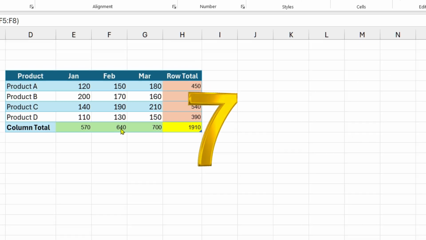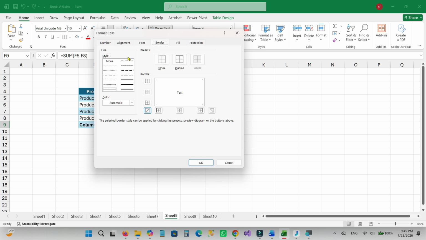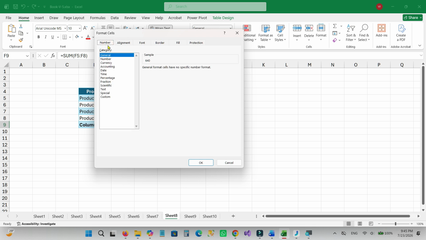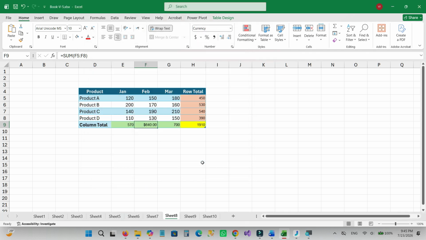Want to change number formats, add borders, or adjust alignment without hunting through the top menus? There's one master shortcut that handles it all. Just press Ctrl+1. This instantly opens the Format Cells window, the control center for your data's appearance. Whether you need to switch numbers to currency, add a professional border, or change font protection, everything is right here